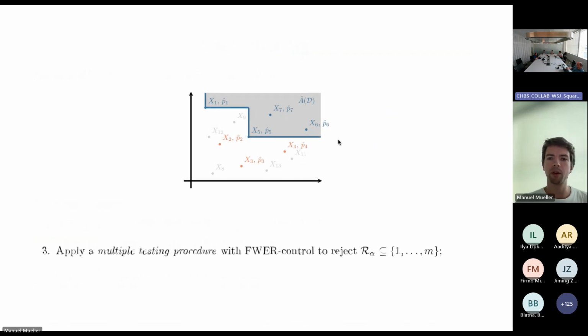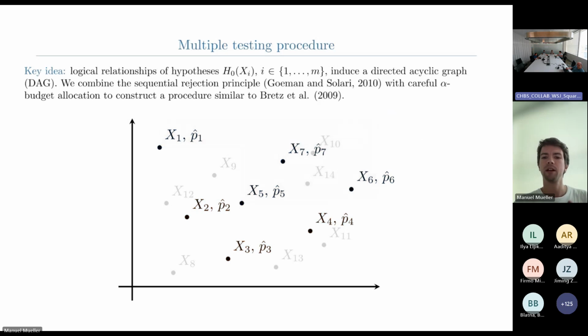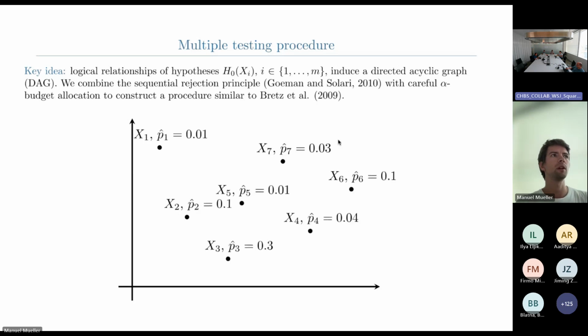As for the multiple testing procedure, I unfortunately don't have time, even though it would be a lot of fun, to go into all the details here. But just let me say, we are only focusing on the M subsampled test points here. We've just seen how we can calculate the p-value for x7, and we do the same thing for all N test points.